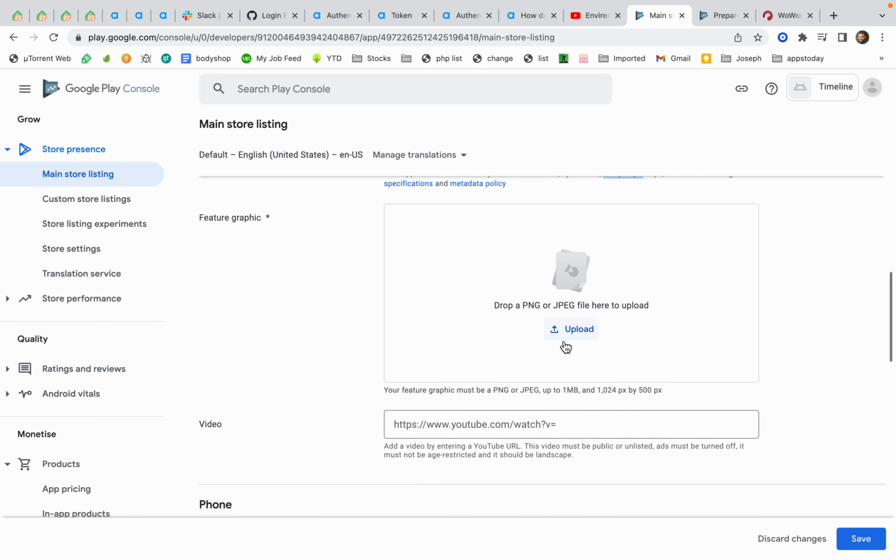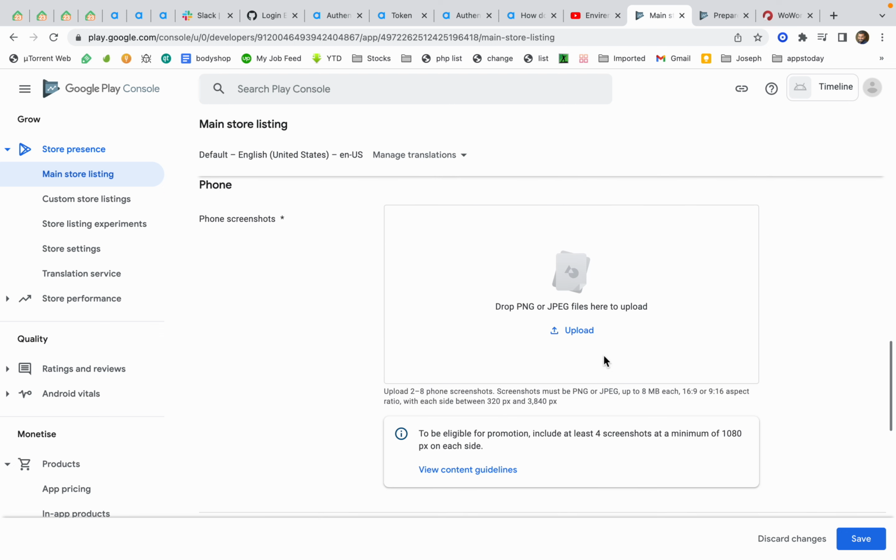Remember, whenever we open an application on Google Play Store, we see a banner regarding your application. So this is a similar thing. You need to upload a banner as well. Its size must be 124 by 500 in height. Then you'll have to upload some screenshots, and screenshots must be